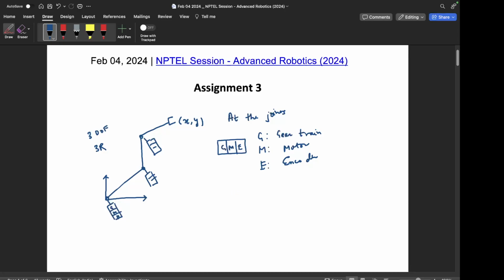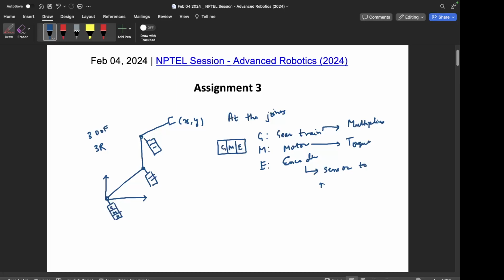Right. So the motor provides the torque, the gear train multiplies the torque, and the encoder, or the joint encoder as it is commonly called, is a sensor